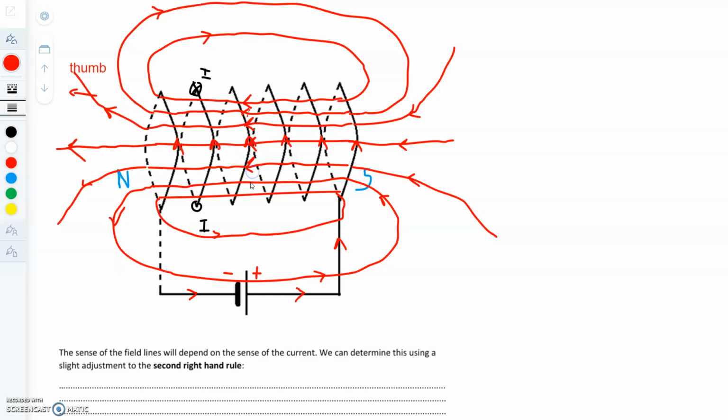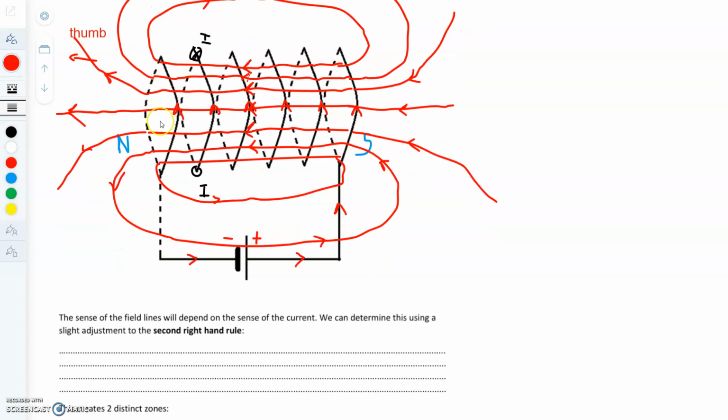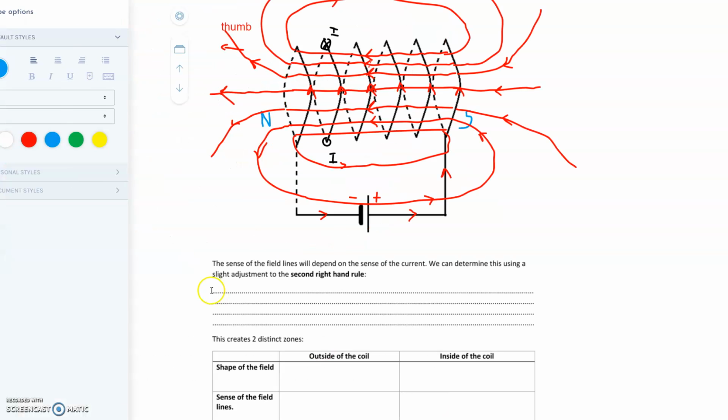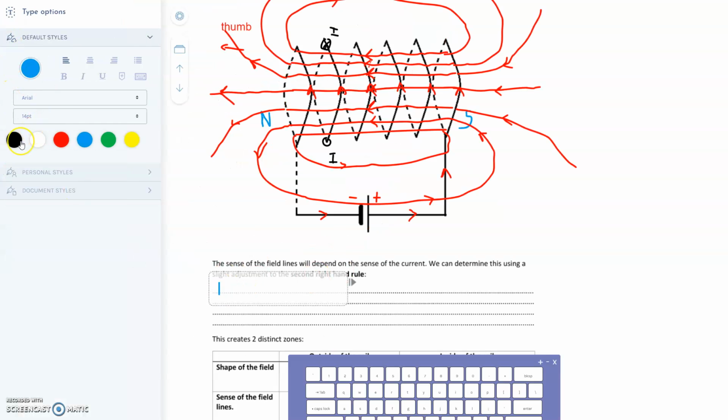This homogeneous field on the inside of that coil is the one we will be studying further when it comes to determining its strength. Now, in order not to make the video last too long, I'm going to pause it here and just write down the second right-hand rule, and that one says, for a coil, follow the current I in this case with your four fingers. Your thumb